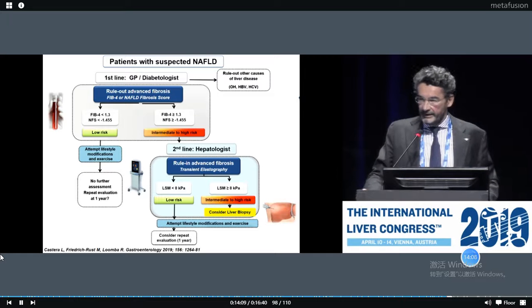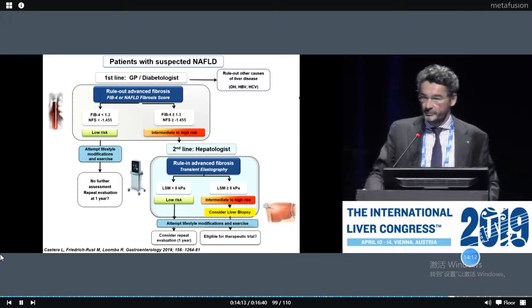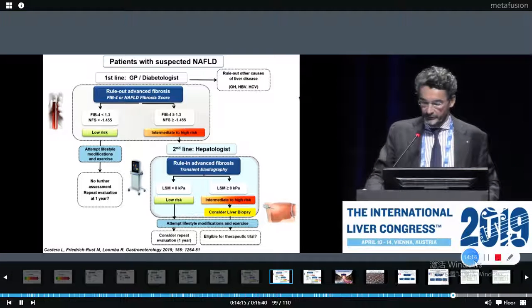Then, of course, now we are performing a lot of liver biopsy because there are trials to propose to the patient, and that makes a difference. In case